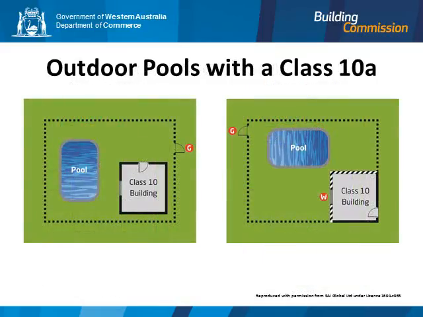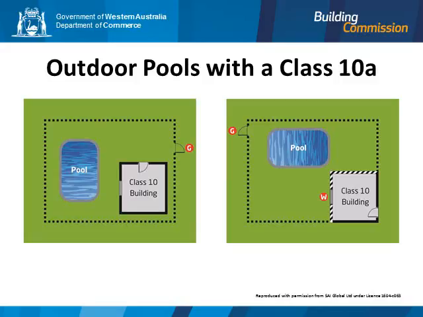This slide shows a Class 10A building, such as a shed, located within and as part of the pool barrier. The first diagram shows that the doors and windows of the shed are not required to be restricted. The second diagram shows that as the shed forms part of the barrier, the wall of the shed and window are required to comply with